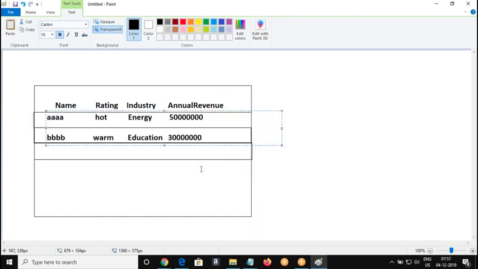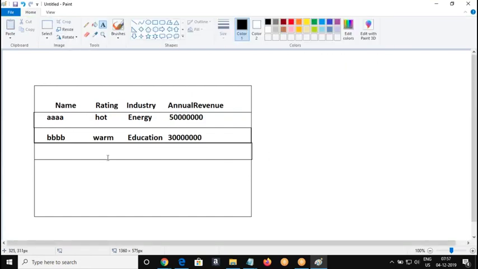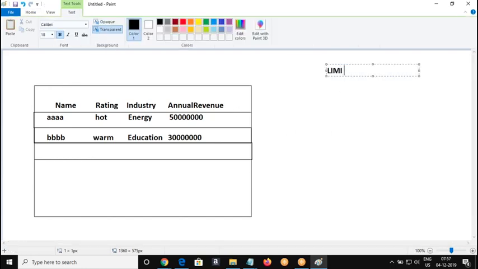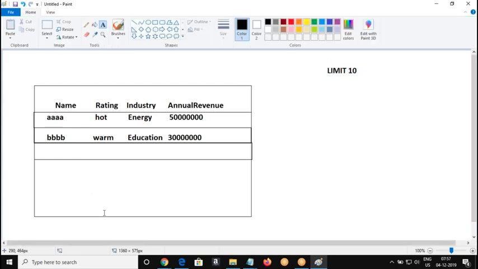Right, this is how I'm going to display the existing records from the database. Suppose I have 10 records, I would like to display them in a block. So we can limit the result by 10 on the Apex side so that I can display 10 records. Now the requirement is